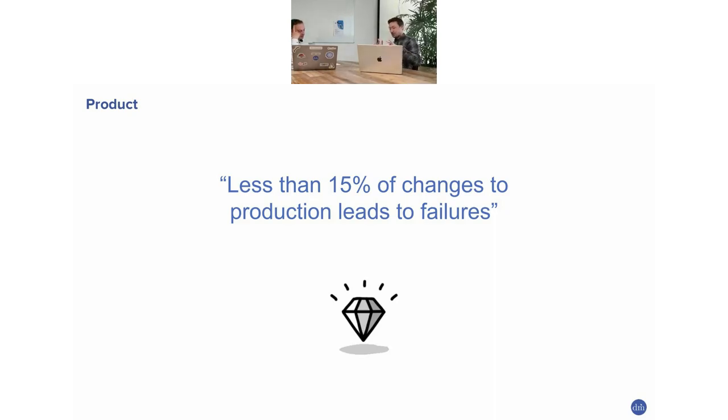I'm going to talk about where we got this from. This is not, again, something we invented. This is something we got from the book called Accelerate, by a team that also publishes the State of DevOps. It's basically a metric of how well you score in terms of DevOps, also a form of maturity. And they score the elite organizations at this amount: 15% of changes leads to failures. This is a maximum, by the way, not a minimum.